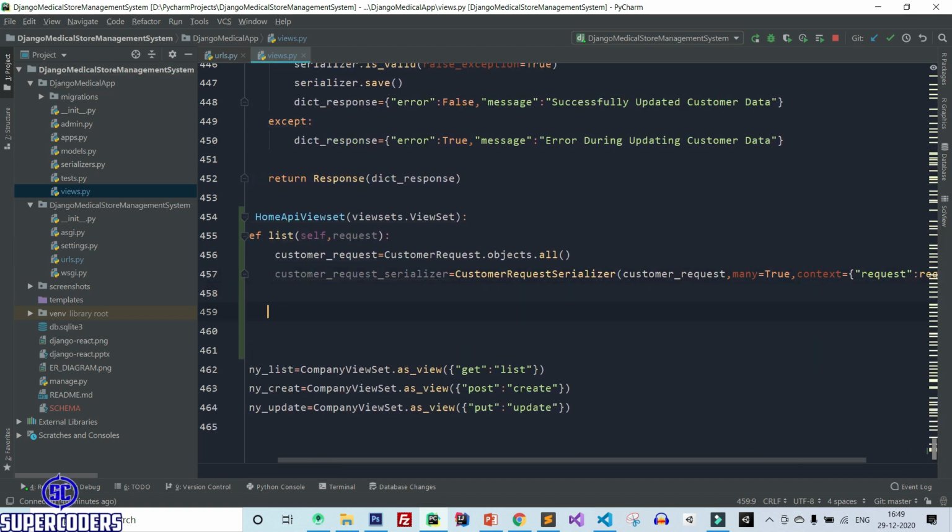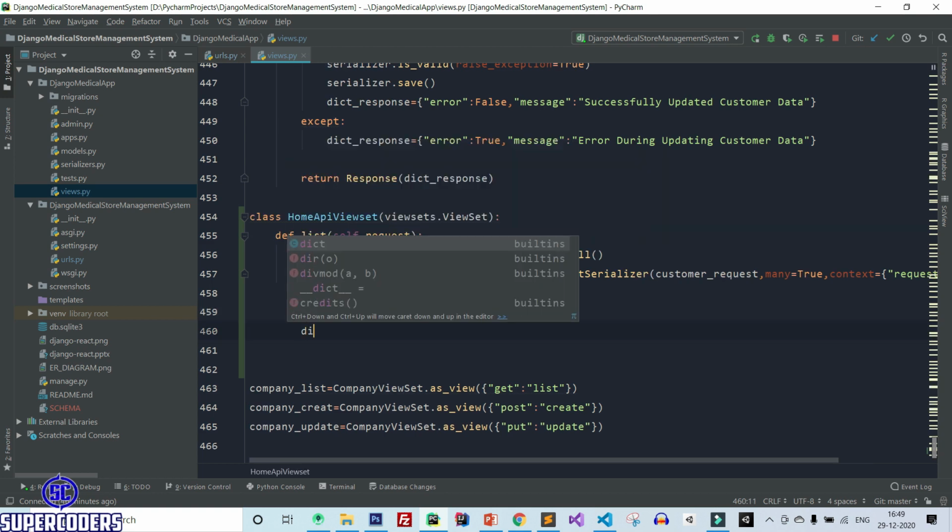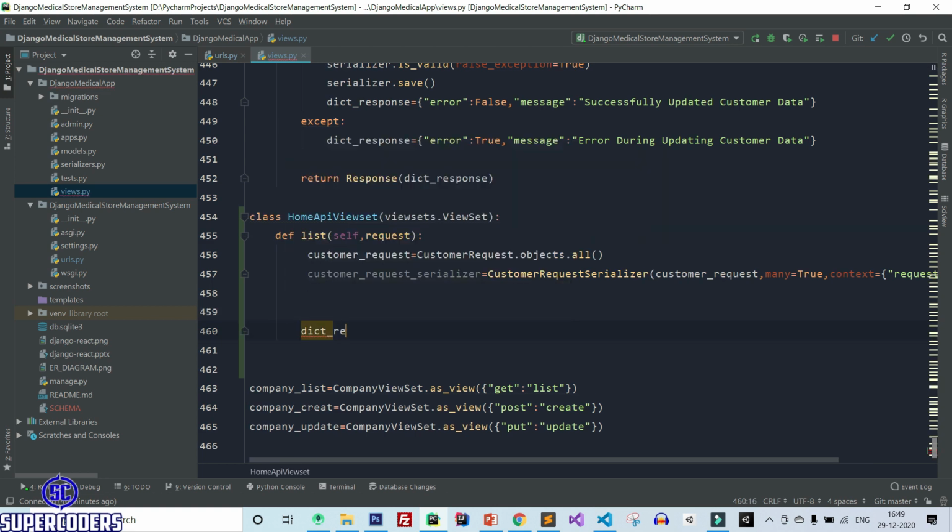Now after that, let's create a dictionary object. So dictionary response equal to error false, then message home page data.